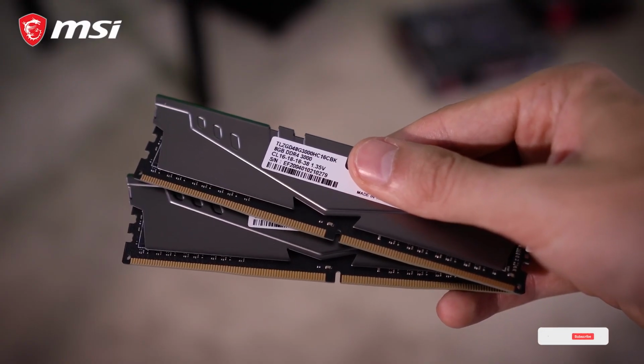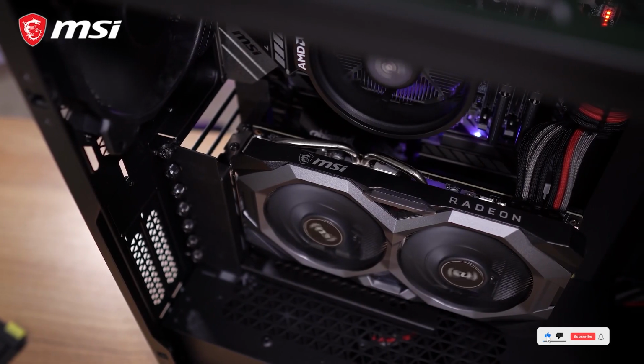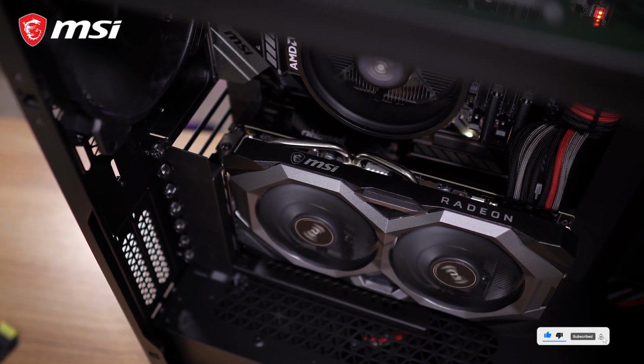buttery smooth gameplay. With its MSI Mystic Light RGB case and AI-powered cooling system, it's a gaming powerhouse that stands